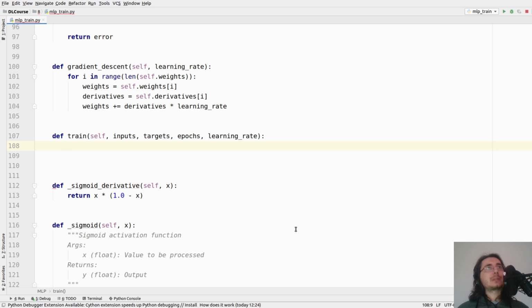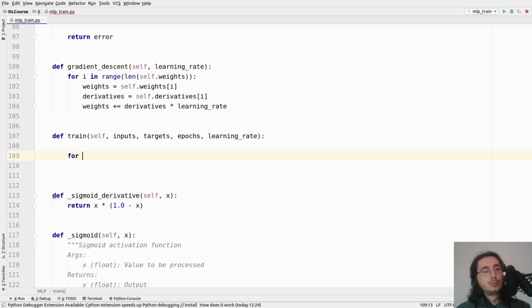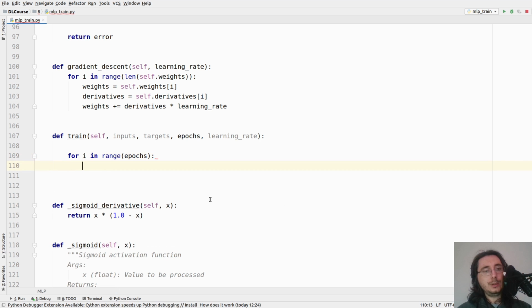So the number of epochs tells us how many times we want to feed the whole data set to the neural network, with the idea that the more times we do this, hopefully the network is going to be able to make better predictions. So basically we need to loop through the number of epochs. So let's say for i in range epochs, and here we should do